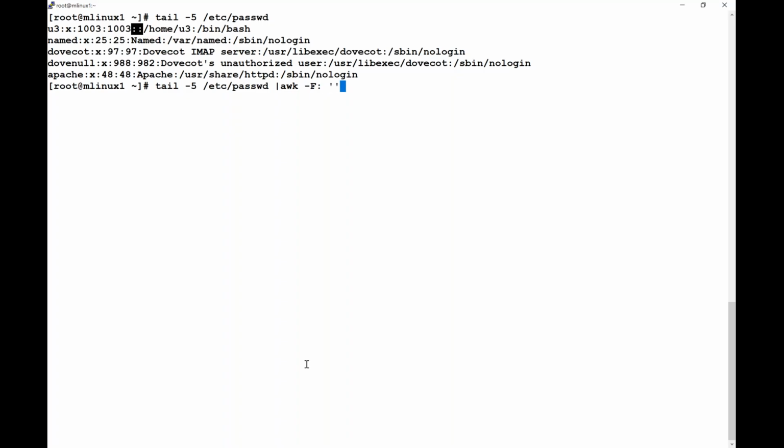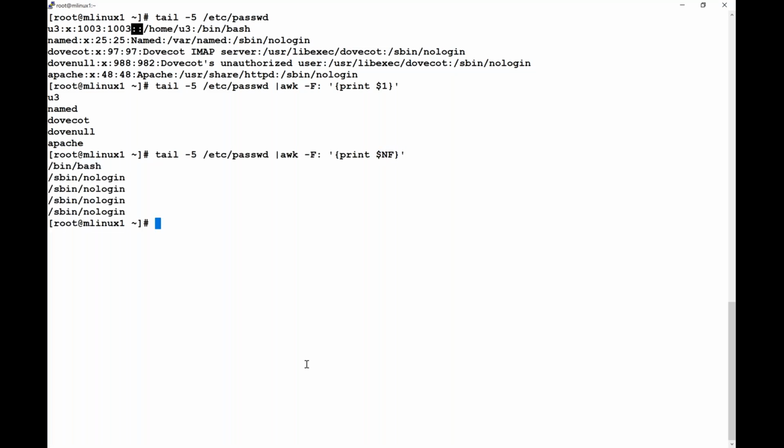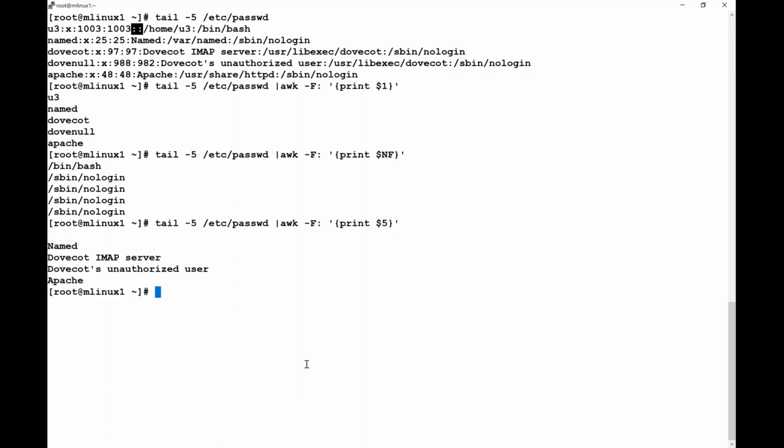And then I'll go with the action code and I'll say print. Print what? Oh, I need to also use parentheses here. I need to say print $1. So you see it is showing you the first field. Suppose you want to go with NF, so I'll say show me the last field. Or suppose you want the fifth field, $5. So like that, you can replace the cut command with the awk command to cut the output